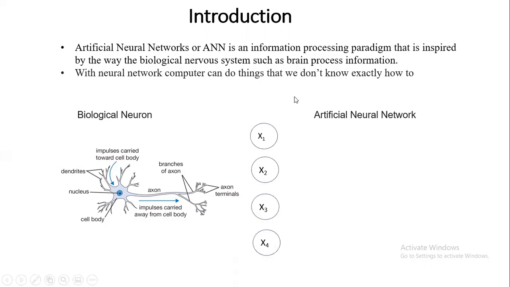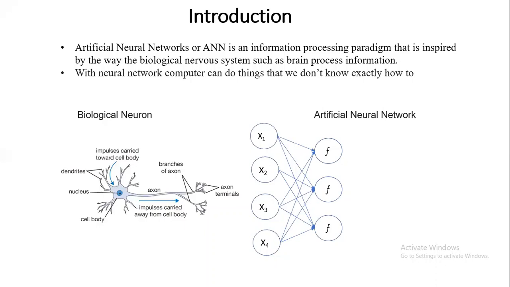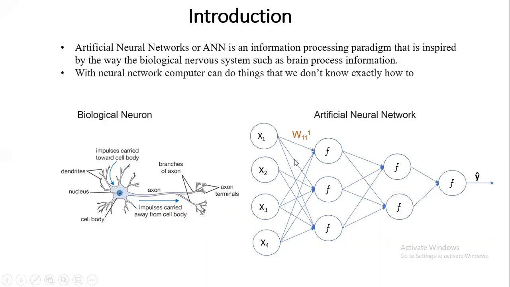So these are the input variables, and these are some neurons. Here, these are the different neurons, and each neuron receives different signals, processes them, and gives some output to the next level of neurons, and these neurons again give some output to the next neurons. So here we get some output, and with each input there will be some weight associated with that. So W11 represents the weight with feature X1